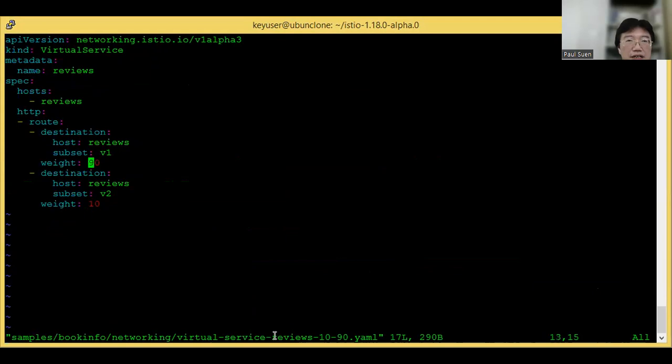So here, we have to specify 10% of the requests will go to version 1, and 90% of the service requests will go to version 2.